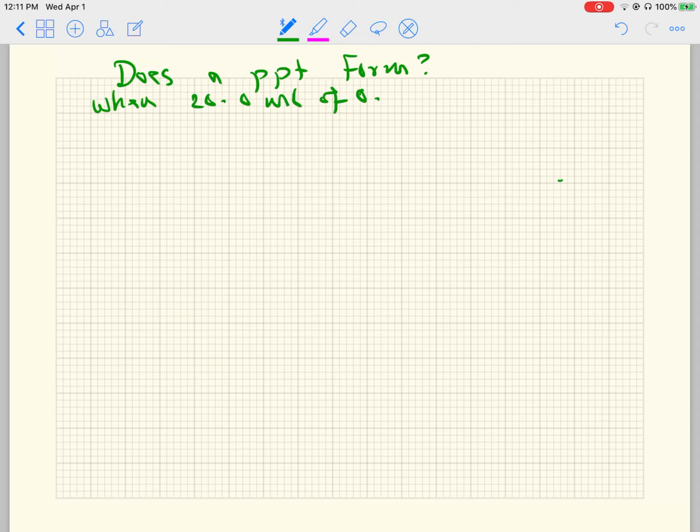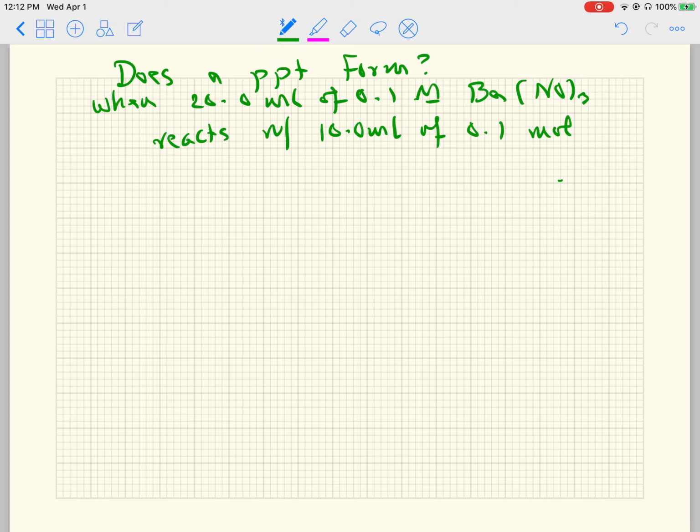of 0.1 molar barium nitrate reacts with, let's say, 10 mils of 0.1 molar sodium hydroxide. That'll be our question. The first step to take on this one, so step one, the how-to, is you've got